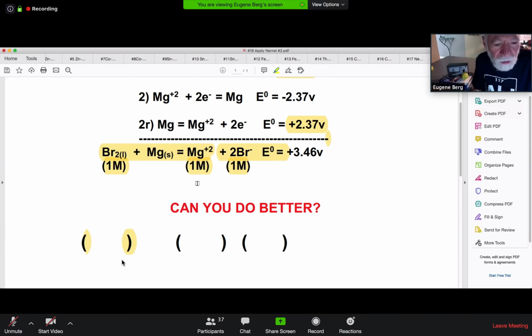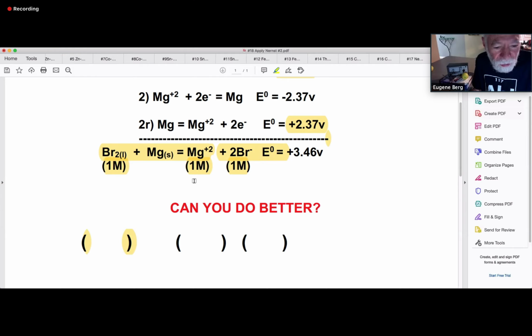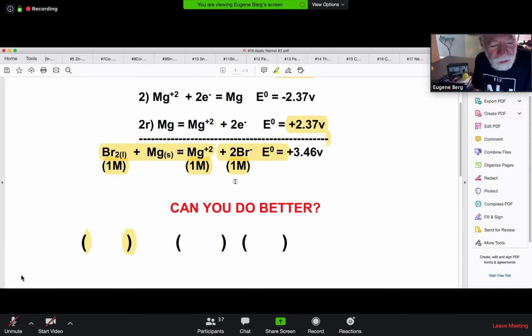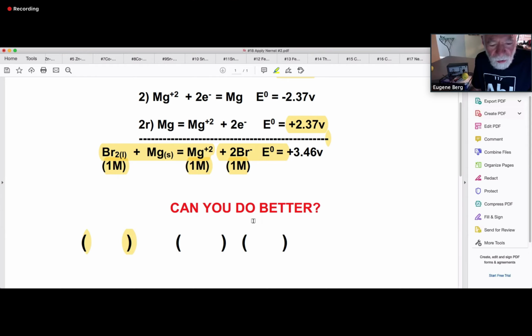Luke, are you handy? Okay, so instead of 1 molar, pick a different concentration for the magnesium plus 2. Let's go with 0.1 molar. 0.1 molar, I like that. Okay, and let's see, who else is handy? How about Jonathan? Are you around? Chris? Also 0.1. Okay, also 0.1. Okay, so now